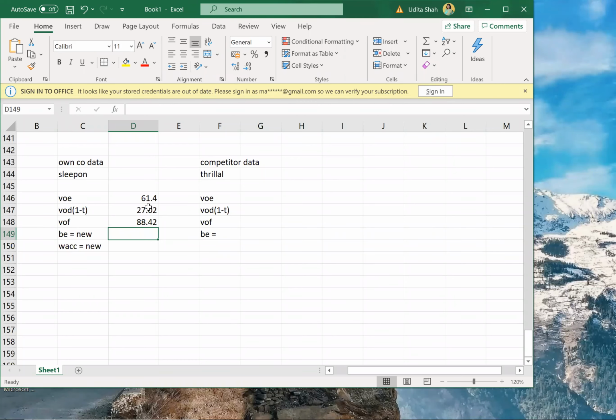Okay. Now, beta of equity we can find in our steps. WACC we can find in our steps. Now comes the main part. Tell me value of equity of Trilal company. Read the problem carefully and tell me value of equity of Trilal company. Debt equity ratio of Trilal is not given. So I want you guys to tell me value of equity of Trilal. They have given the balance sheet.